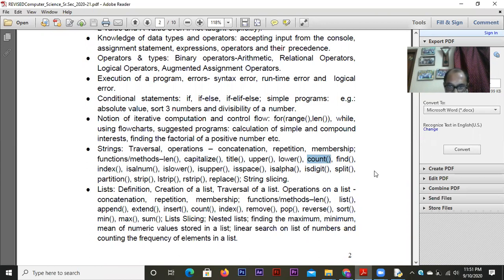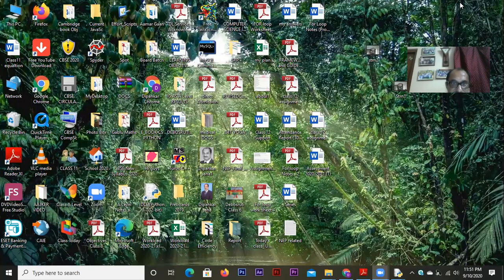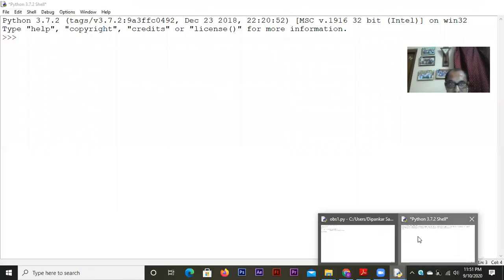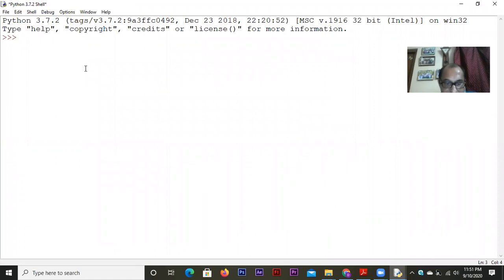We'll come back to these other functions, but let me do these three things because very recently when we were doing file handling, we found a great utility of this strip, L strip and R strip function. If you remember, I gave you some questions in the test also where it is to be used. Fine. So as I'm sharing my screen with you, let me write down the three functions. One is strip, one is R strip, and another is L strip.